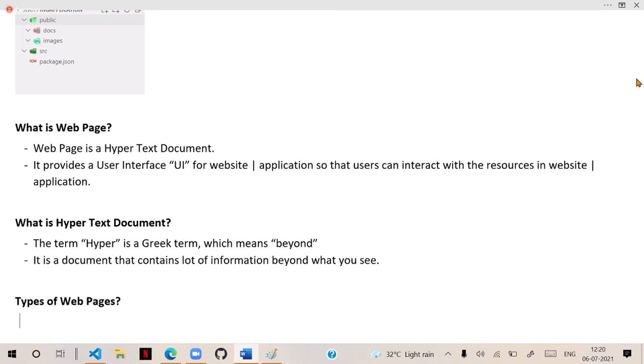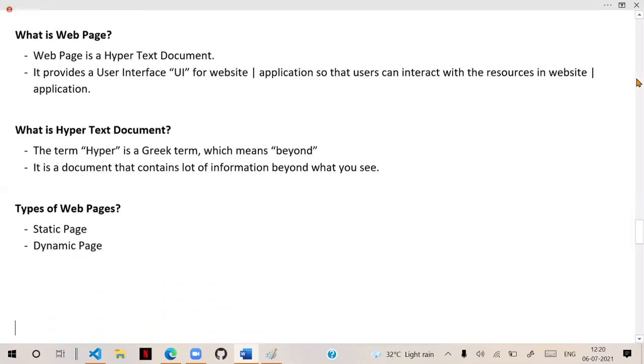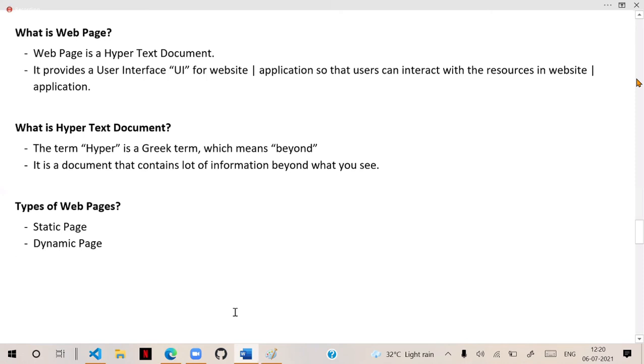Web pages are classified into two types: static pages and dynamic pages. What is the difference between static and dynamic pages? I will tell you a detailed description in the next point.